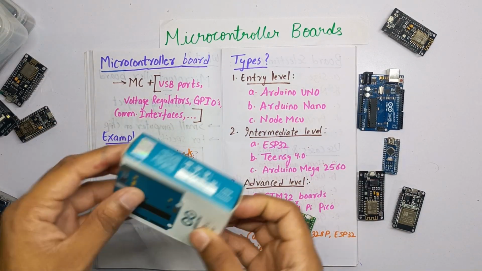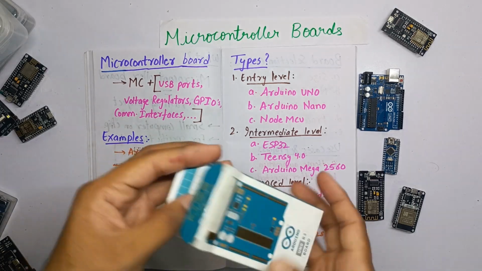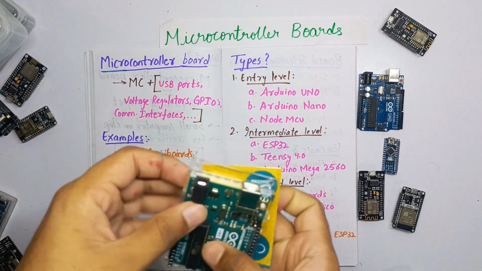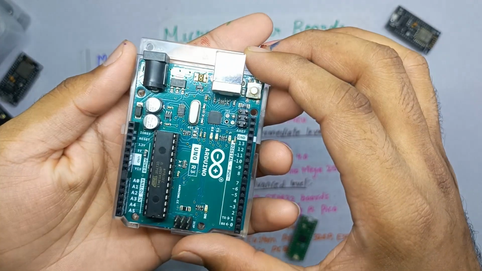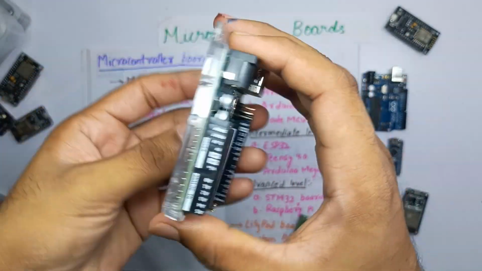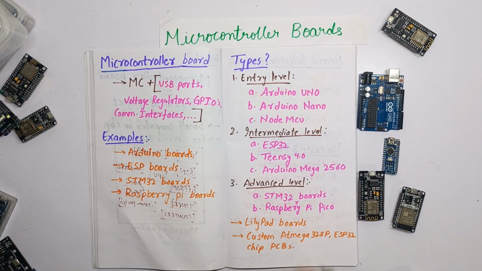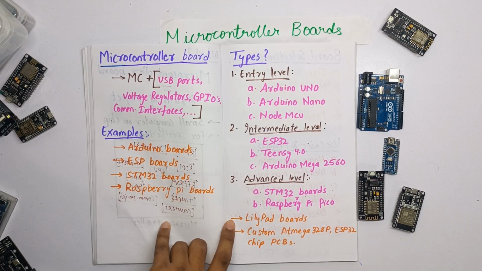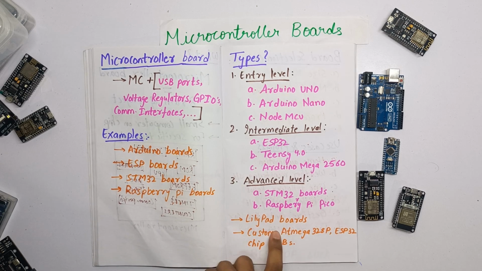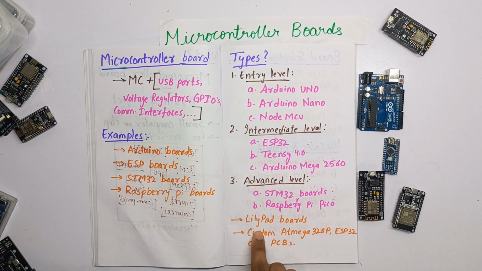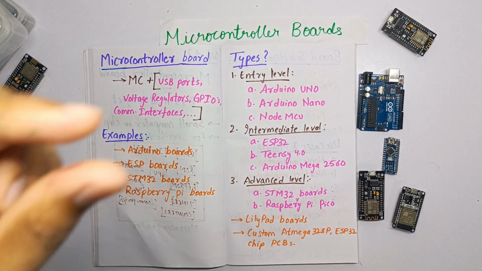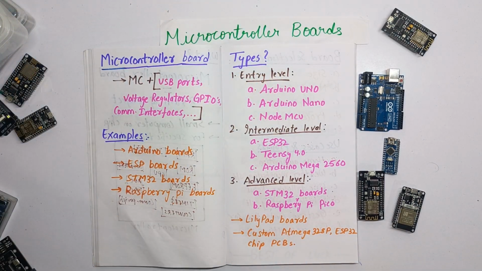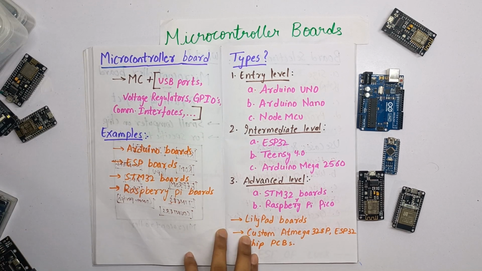And we also have the Arduino Uno R3 from the official website. This is how it looks. Arduino Uno R3 board. So coming to some other boards, these are special boards I might consider. LilyPad boards. LilyPad is also from Arduino, but much smaller in size, and it can be used in portable applications, and it is majorly used in medical applications.